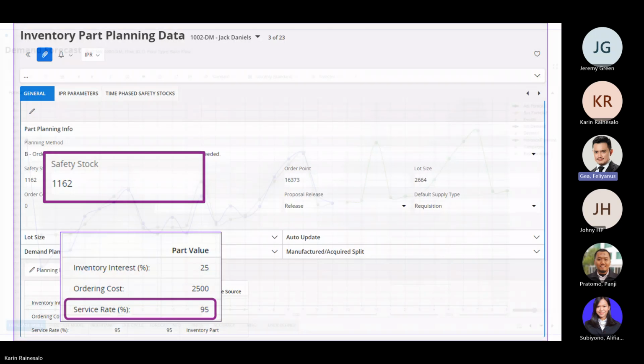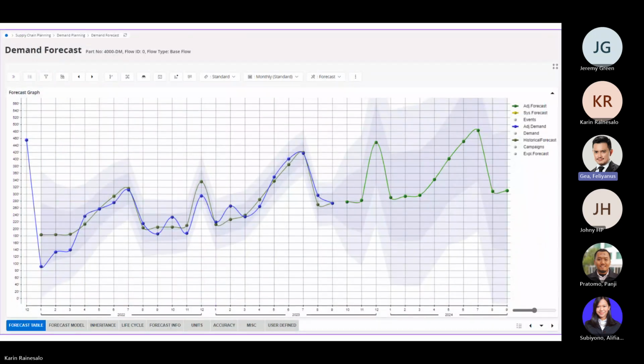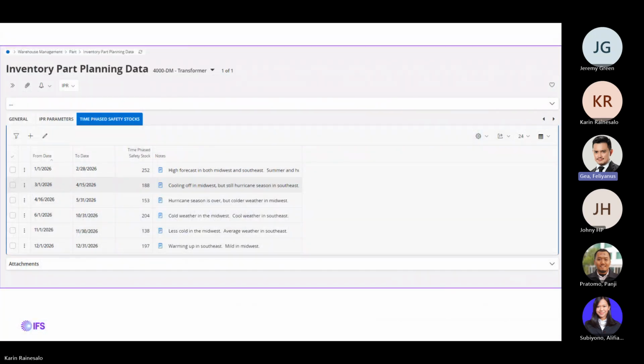And then in the other one, so this is our seasonal part, remember? Where we want to make sure we have the safety stock to cover these situations. So what we can do, and again, this is using that very same tool, we have the concept of time-phased safety stock. So it will give you then period by period what your safety stock level should be, so that we make sure that when we have that low demand, we're not carrying gobs and gobs of inventory that we don't really need. But when that starts ramping up and we have that peak, if you will, we will have